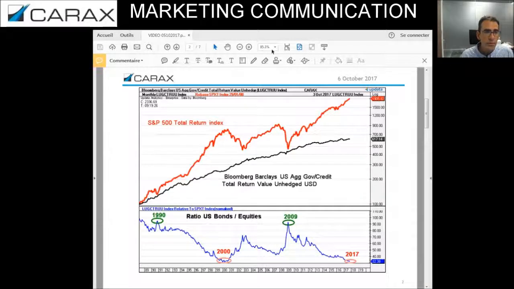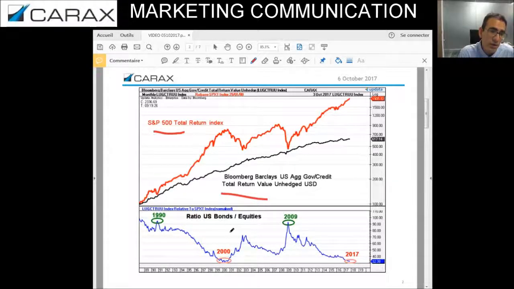So the interesting ratio I wanted to show you today is the ratio between a bond index, the Bloomberg Barclays US Aggregate Government Bonds total return index, divided by the S&P 500 total return index. So more or less, this is the relative performance between a bond index and an equity index. This ratio is back to its lowest level ever, so all-time lows, highlighting that US bonds are becoming very